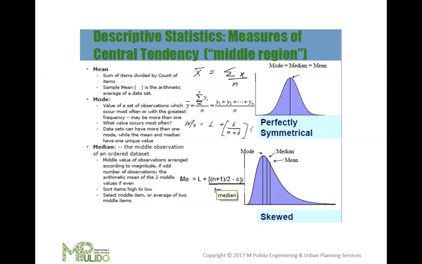So what is the formula of mean? Mean equals the summation of x divided by n, where x̄ stands for the sample mean, x is each individual data point, and n is the number of data points. So the mean is sensitive to extreme values, the outliers, if you know that. So it is useful for data sets without outliers and with a symmetric distribution.